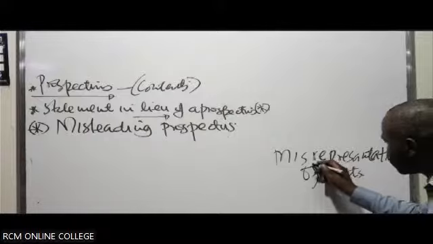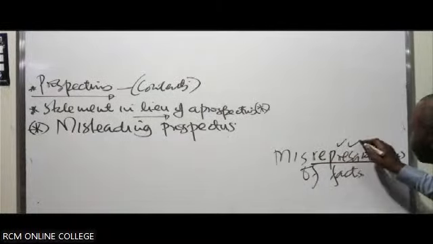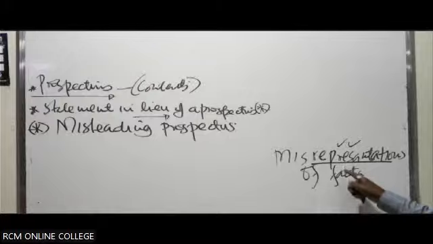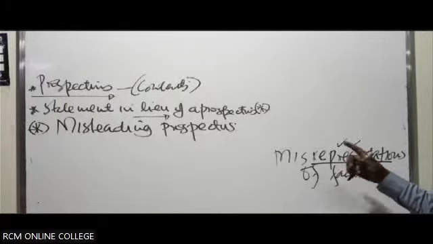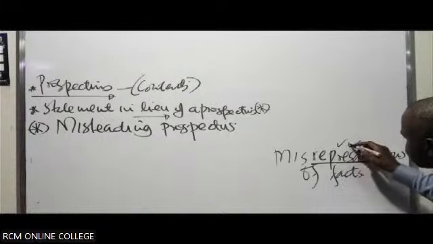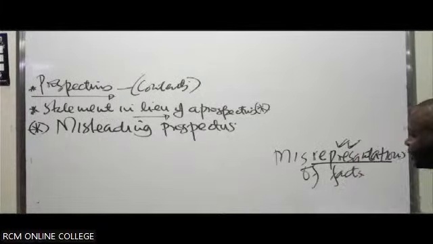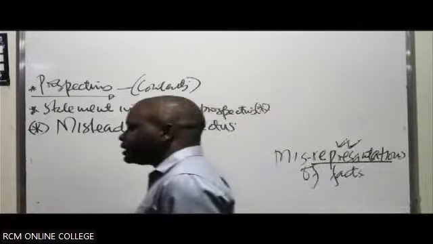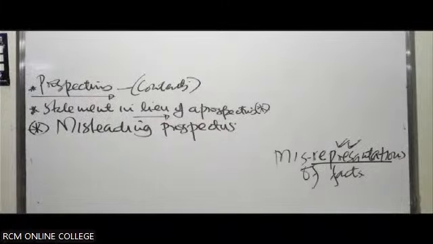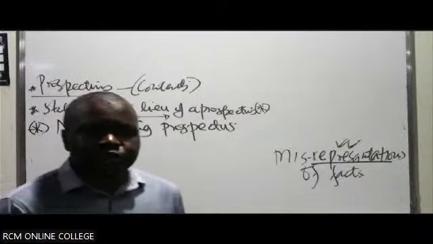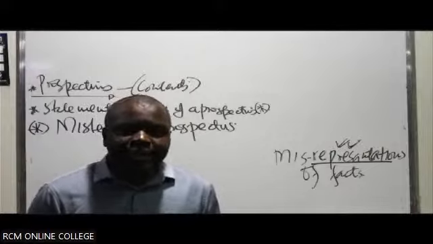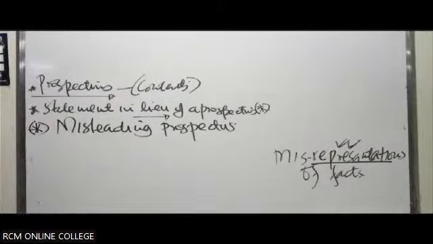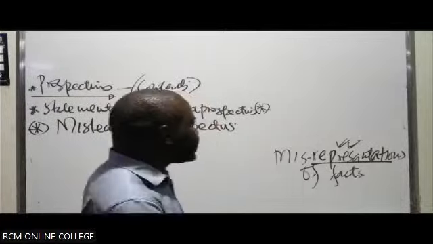Statements found in a contract, we call them representations. They are making representations about the agreement. If these statements are not true, then we say they are misrepresentations. So what is contained in this kind of prospectus is not true or factual about the company. It is lying to the potential investors, maybe to dupe them into buying the shares of the company. Like in this case, Orlando is lied to that the company is paying 10 shillings per share as dividend in those attachments we've talked about.